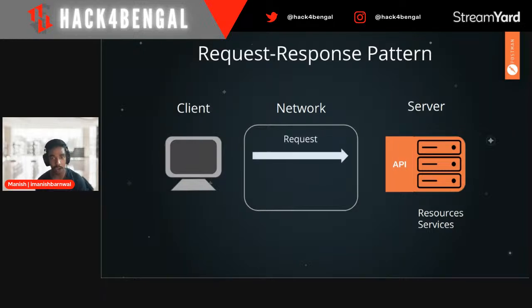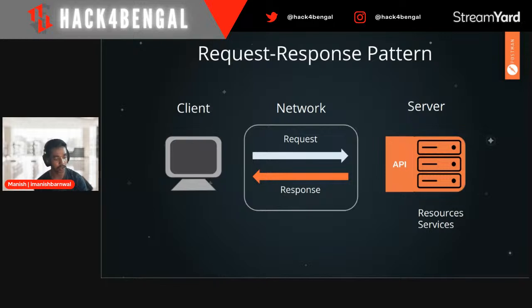Now see how the client can interact with an API by making a request over the network. The API will evaluate the request, perform the required operations, maybe interact with the database or other APIs, then send back a response to the client. Postman is a client that allows you to make requests and view responses from the server, right? Even if you are not getting it, we'll have a demo session with hands-on work, so make sure you are joining from your laptop so you can follow me, right? Postman works as a client.